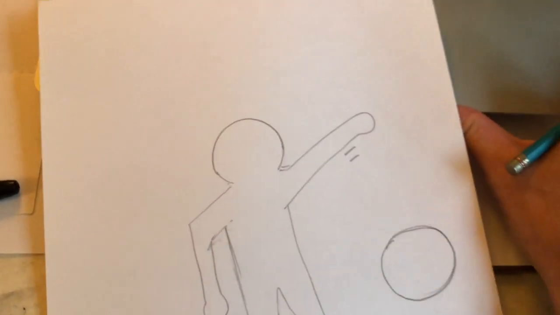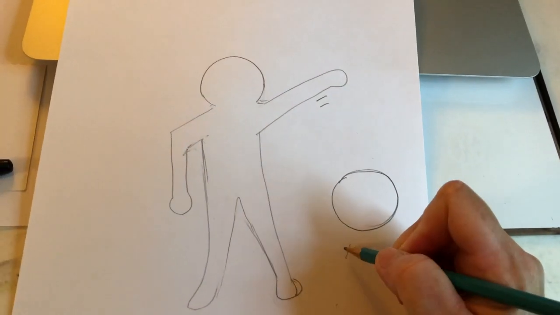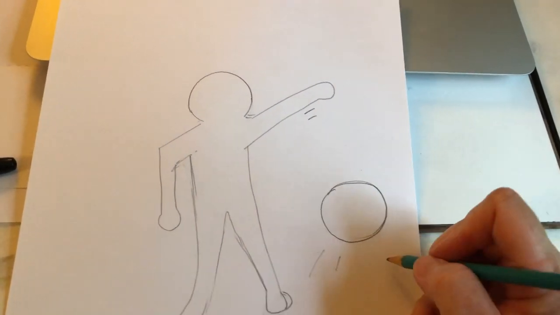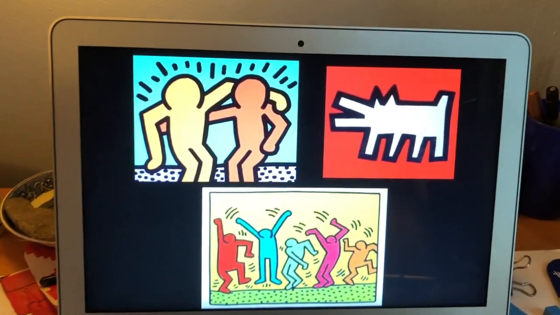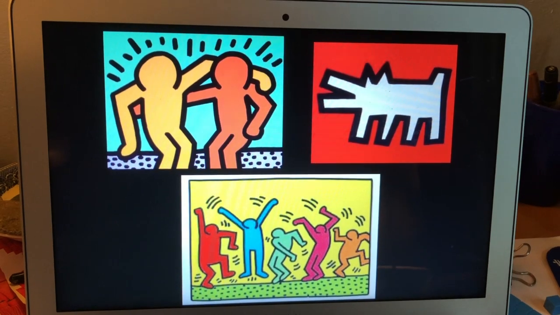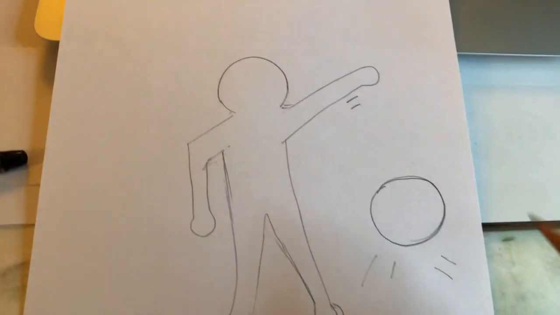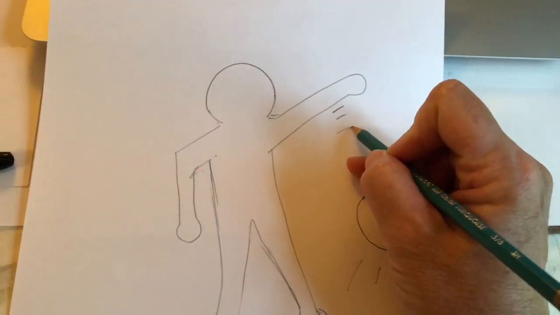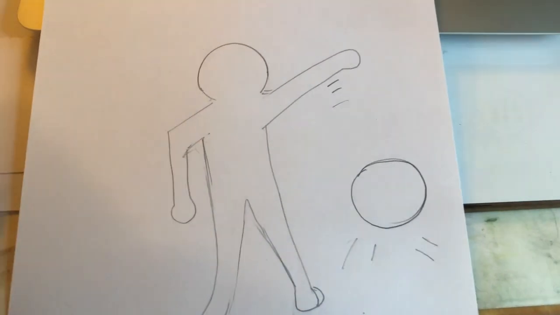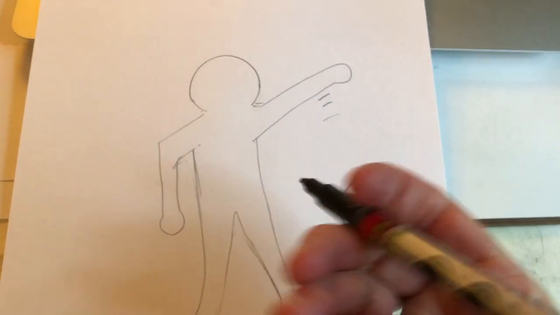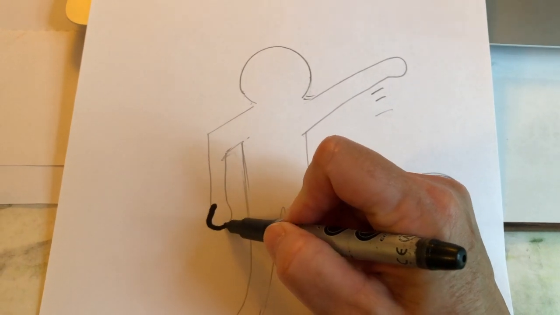And I decided to make mine about basketball. So I'm going to put some lines. You see from his paintings how he used some lines to show motion. So I'm doing that too on mine, doing some lines to show motion. That's a basketball right there. And then I'm going to take black marker and I'm going to outline my person